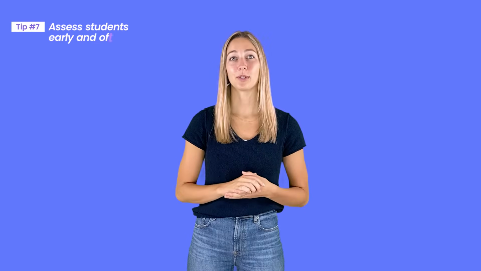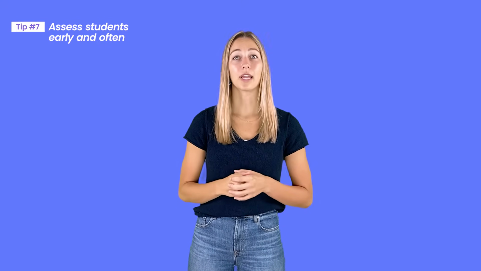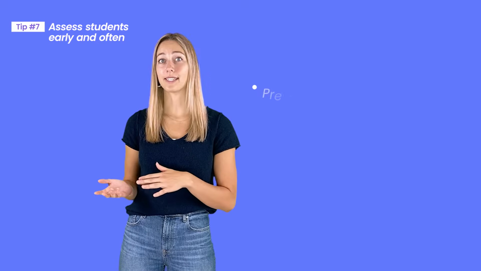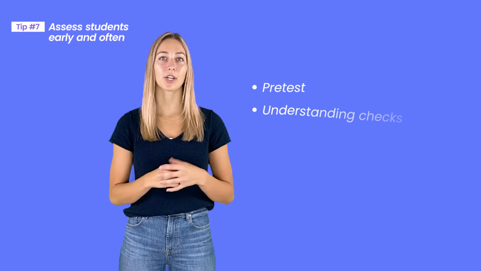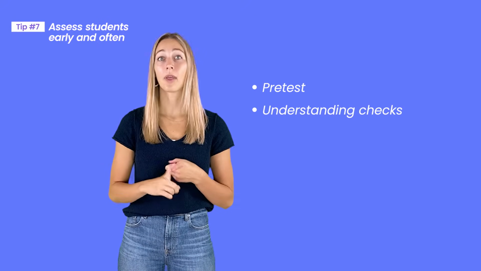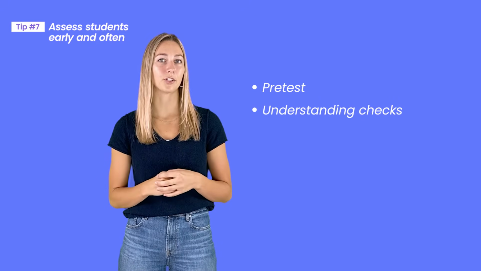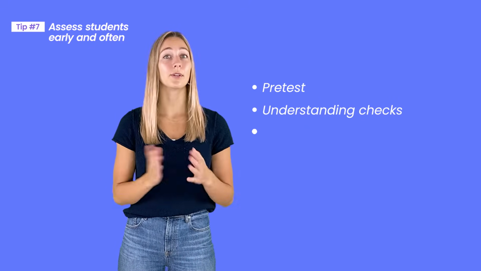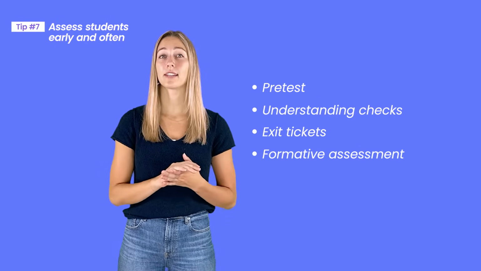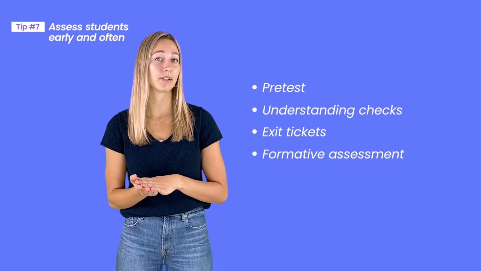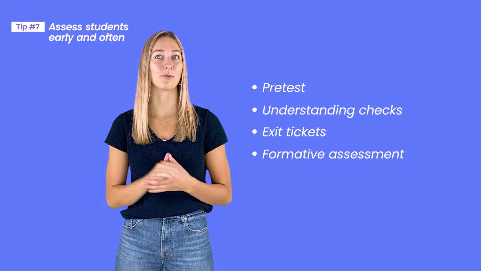Use these same student assessment tools for number 7, assess students early and often. Before a new unit or topic is introduced, give students a pre-test, find out what they know, and adjust the lesson accordingly. Then throughout your lesson, always check for students' understanding to, number 1, keep them engaged and interacting with you and the material, and number 2, to gauge their comprehension. At the end of a lesson or a unit, use exit tickets or conduct formative assessments. Assessing students' knowledge gives you insights on your teaching and students' learning abilities, but also gives students the chance to check and see their progress moving forward.